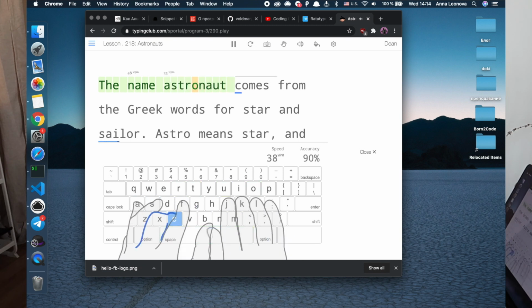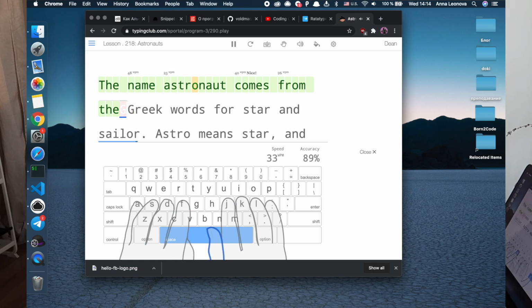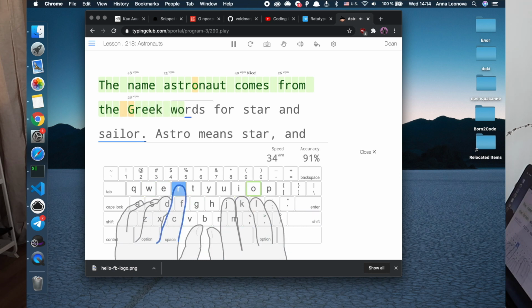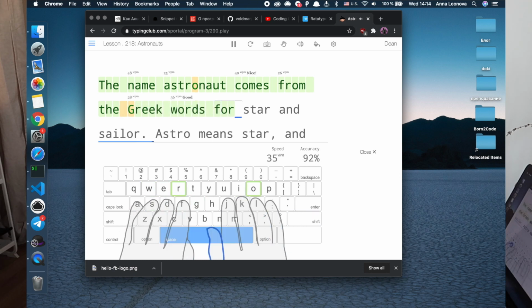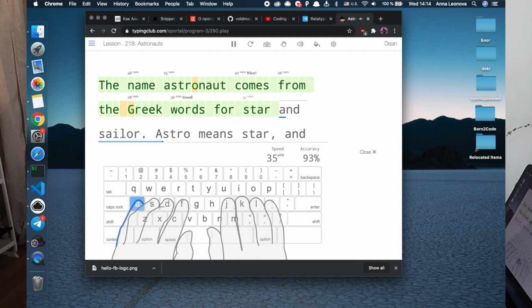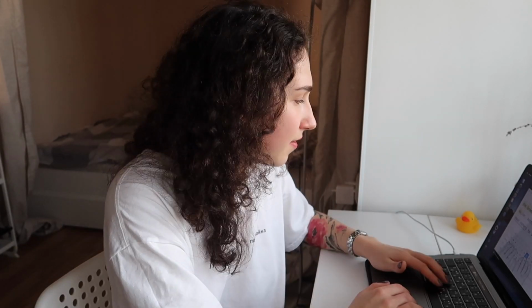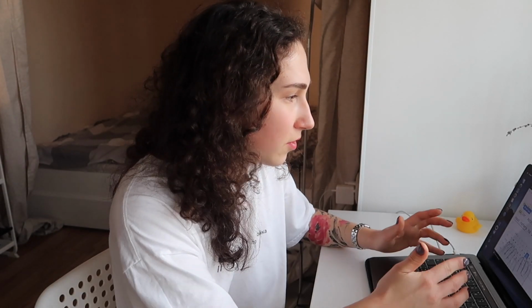I'm not really good at typing in English because I'm just mastering Russian and I don't want to mix it, so it's very slow. But the interface is really good, and you have the sounds and everything. It's amazing. The other thing that I used before discovering Typing Club, which you can also try, is the